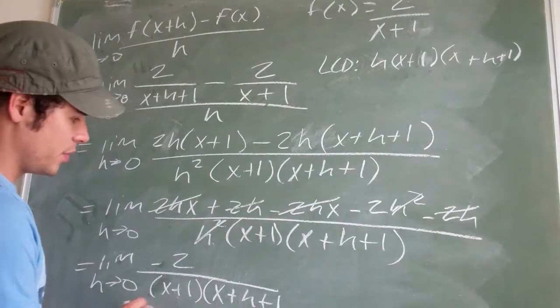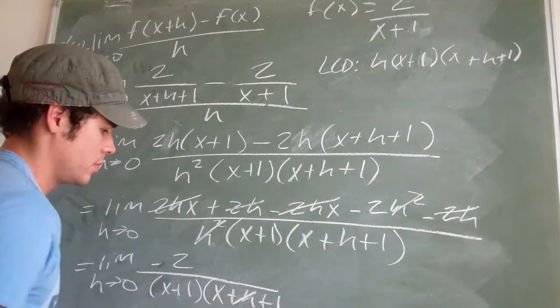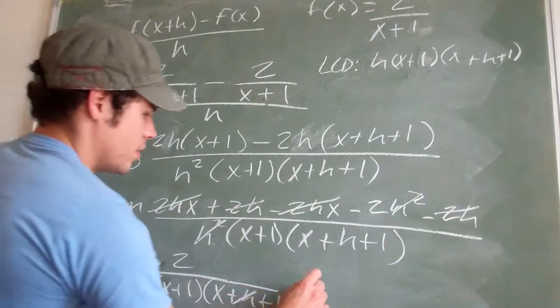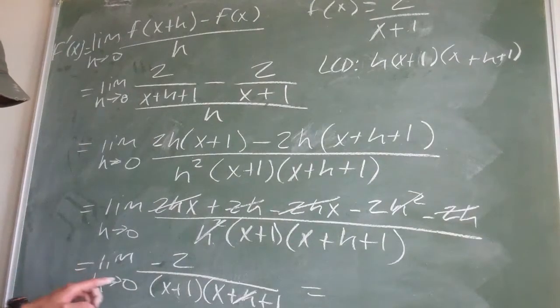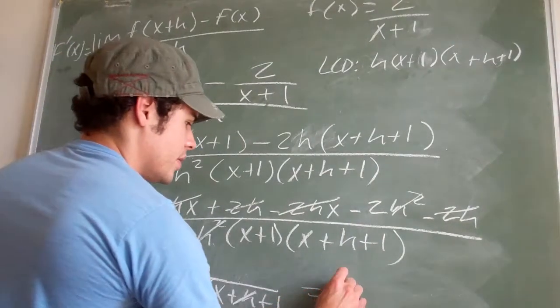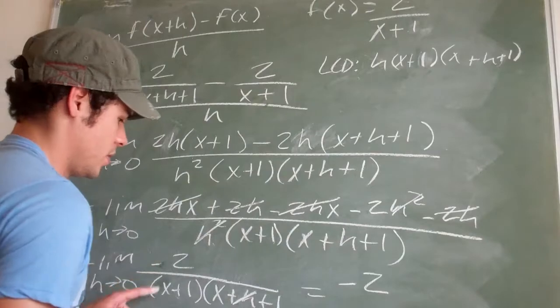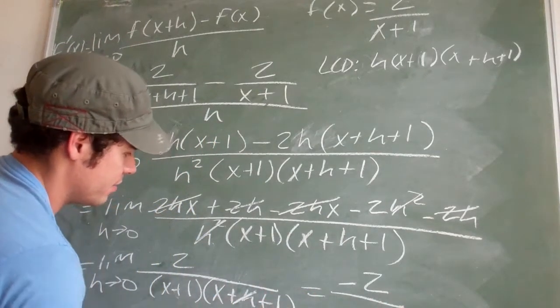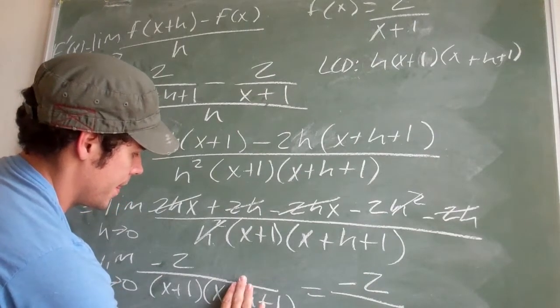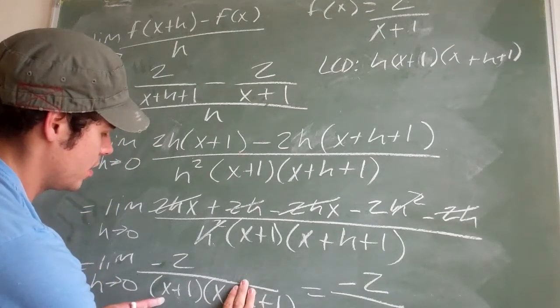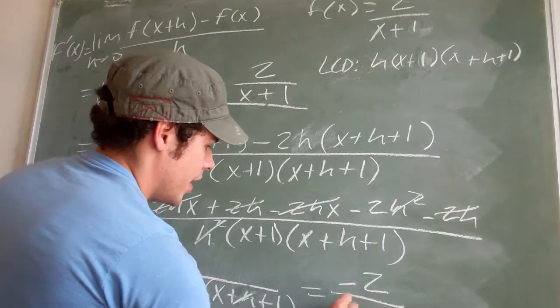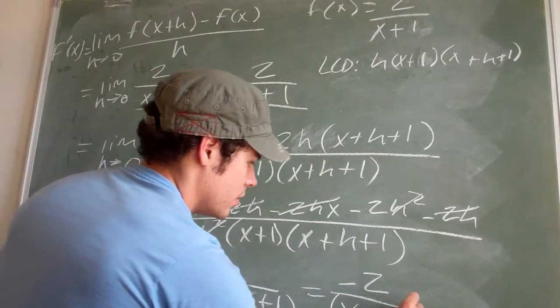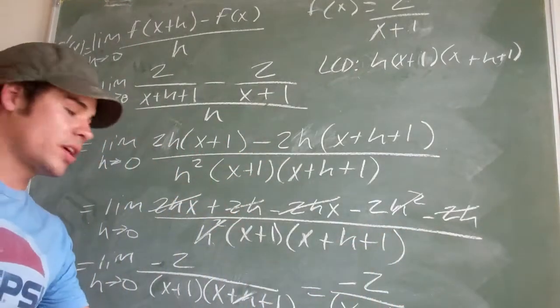Well, what's the limit as h approaches 0? Well, this is going to be a 0, isn't it? That's going to be a 0. So now I can write this is equal to negative 2, the top, all over. If we take out that h, we just have x plus 1, right? But there's two x plus 1s, so x plus 1 squared,